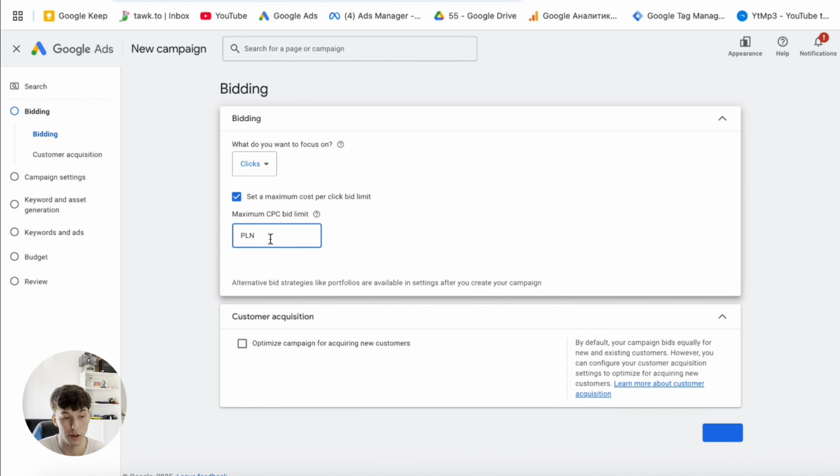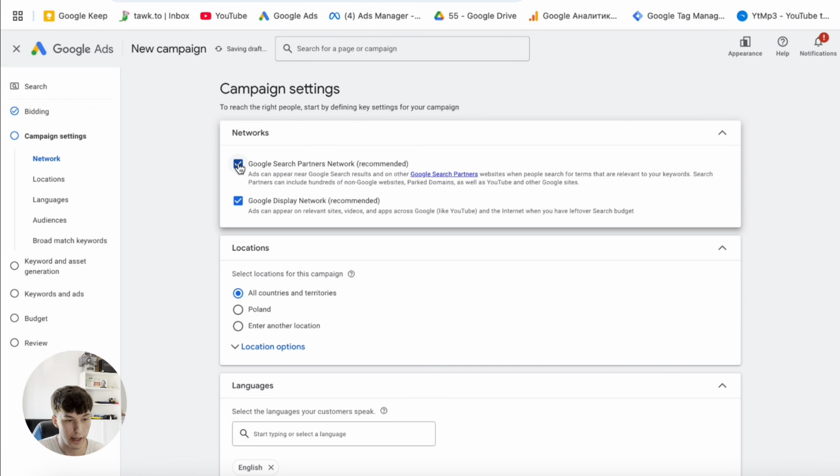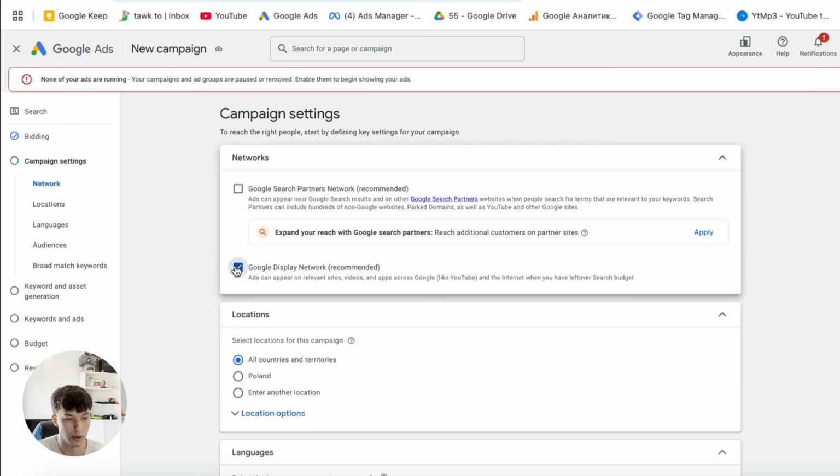Here you can set your maximum cost per click bid limit. So look at Keyword Planner and find the average CPC bid. And we want to start from 3 zlotys per click. So let's click next. And here it's very important to turn off Google Search Partners Network and Google Display Network,